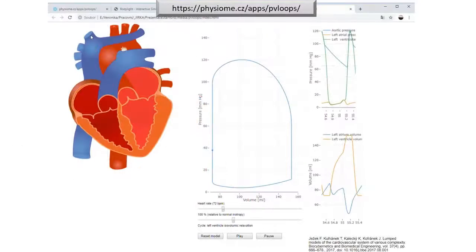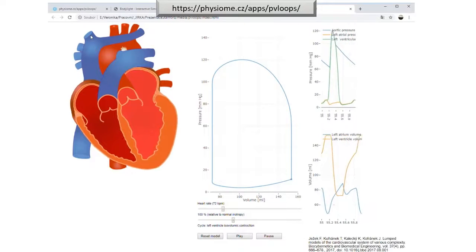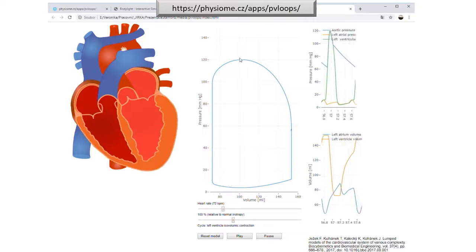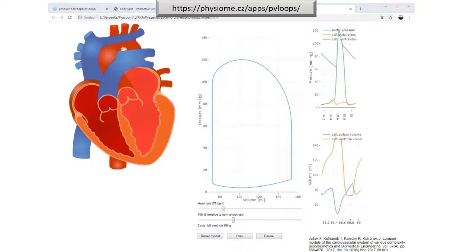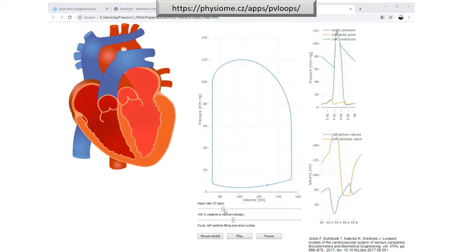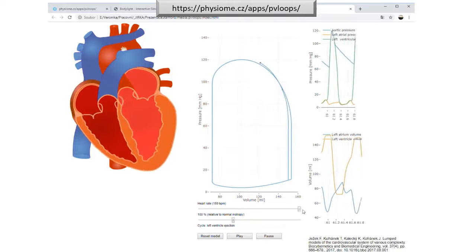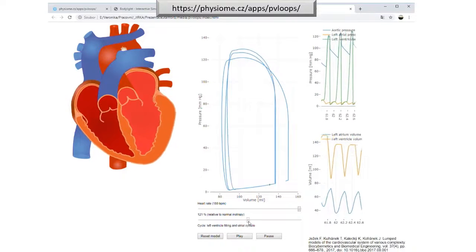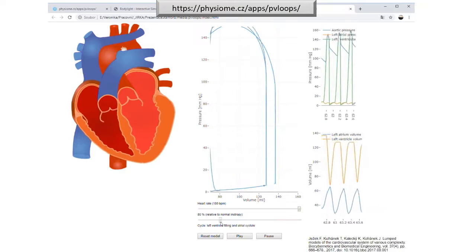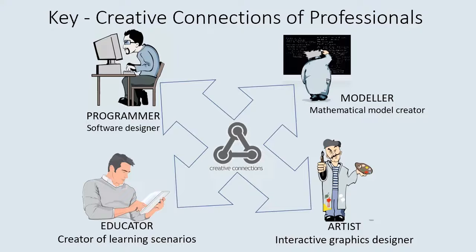The last example is from the hemodynamics tutorial. We can observe how to change left heart pressures and volumes and pressure-volume diagrams of the left ventricle with changes in frequency or changes in inotropy.